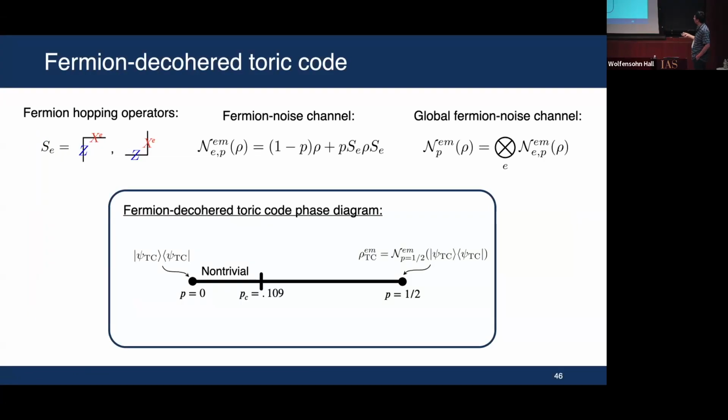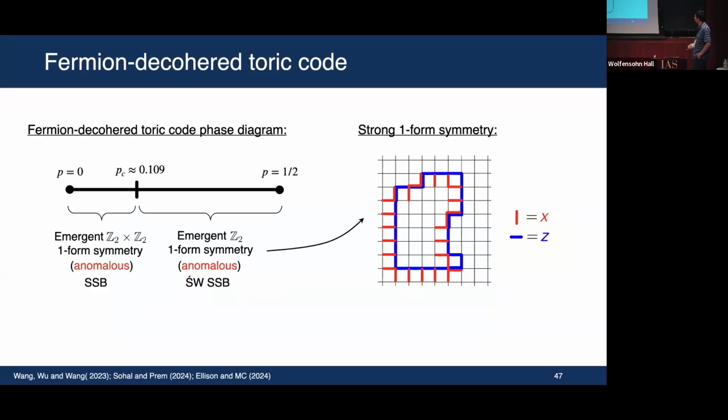And there's a similar phase diagram. But instead of a non-trivial and a trivial phase, I'd like to claim that now there are two phases, both non-trivial. So this one is connected to toric code. It's basically the same as toric code. The other one is a distinct phase, which is still non-trivial. It cannot be connected to a trivial phase. Okay. How do we see that?